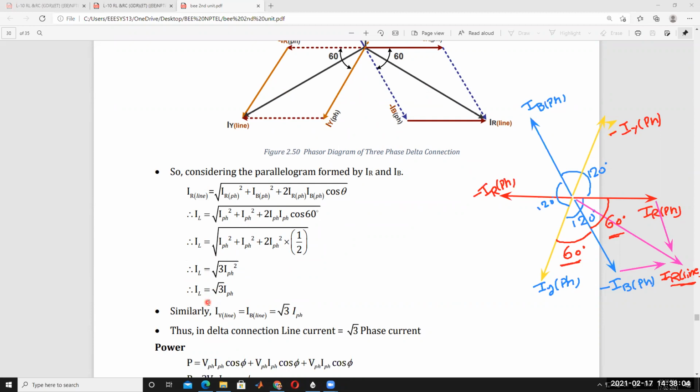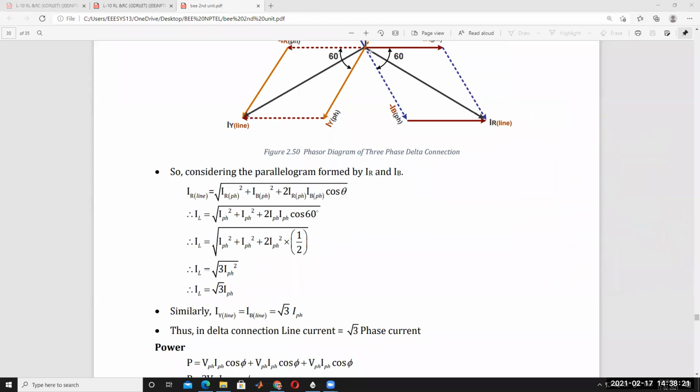So understood, line current is equal to root 3 times phase current. This is very important: line current is equal to root 3 times phase current, or phase current is equal to IL by root 3. But phase voltage is equal to line voltage. Phase voltage and line voltage are both the same in a delta connected system, but the line current is equal to root 3 times phase current. It's clear. So this is enough for the delta connected system. So all of you read and